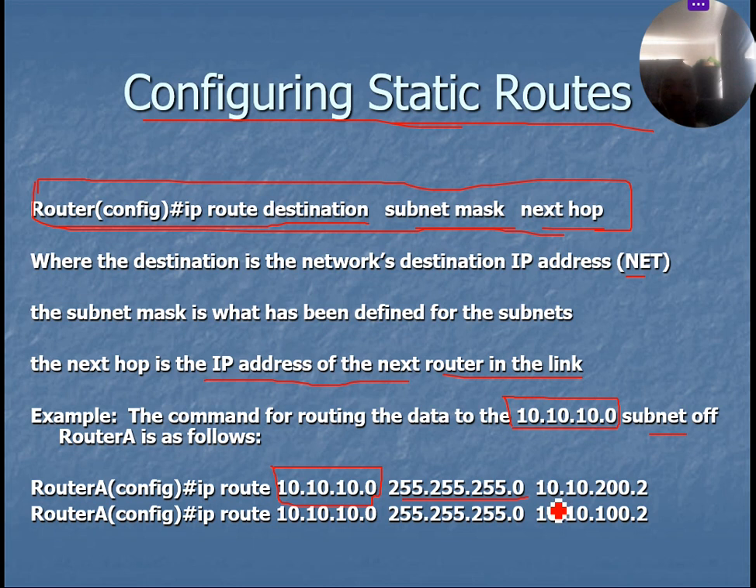Then you put the next hop. How the router locates the next router, it's called the next hop. 10.10.200.2. Okay, because we are doing a gate for a third time. For the first one is .1, then .0.1, .2. Then you also have router A config hashtag IP route